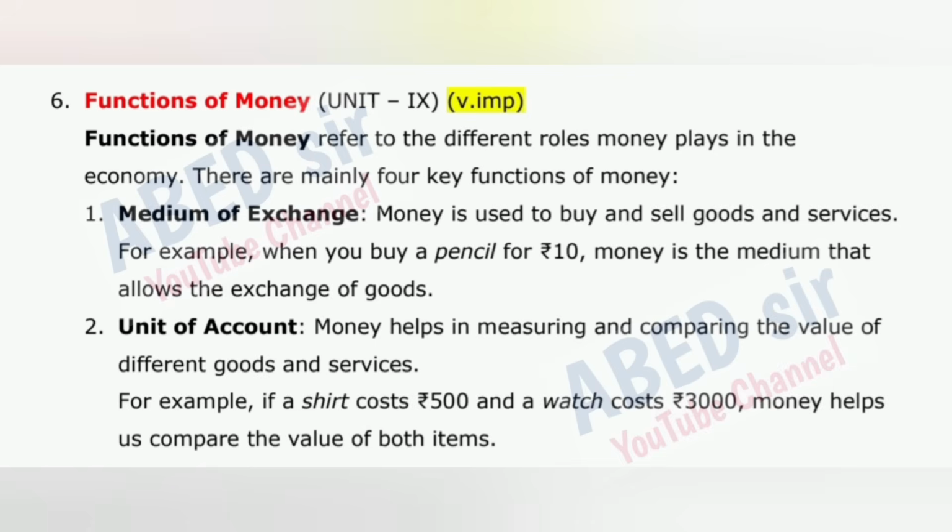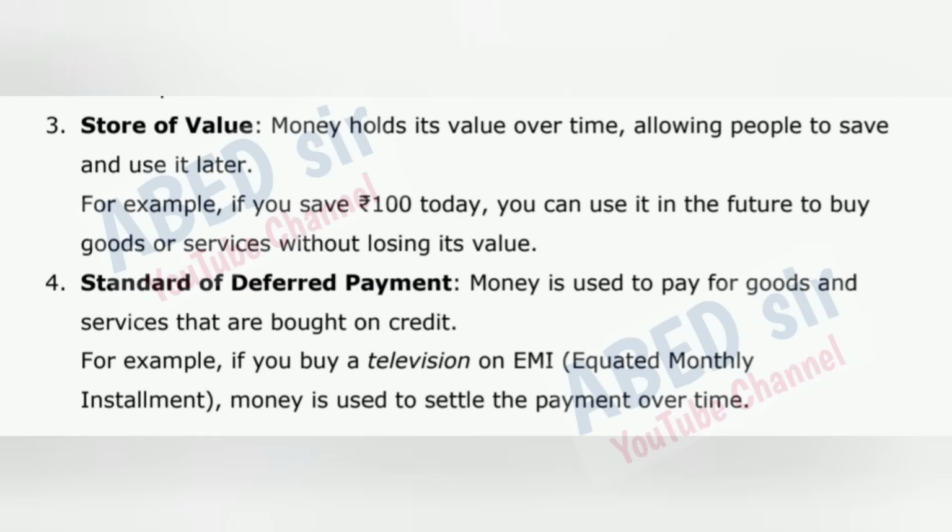2. Unit of account. Money helps in measuring and comparing the value of different goods and services. For example, if a shirt costs 500 rupees and a watch costs 3000 rupees, money helps us compare the value of both items. 3. Store of value. Money holds its value over time, allowing people to save and use it later. For example, if you save 100 rupees today, you can use it in the future to buy goods or services